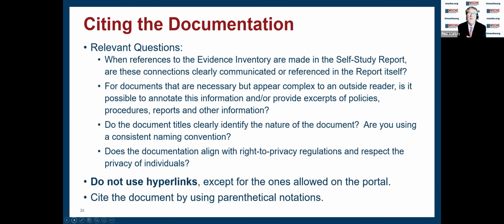And Javier talked about communicating in English. That's one of our requirements of affiliation. And so you must have the evidence. The self-study report and the supporting evidence has to be in English. You are allowed just 5 hyperlinks, and those are the things that are going to be, perhaps, an employee manual, your catalog, just think about those things that are going to be cited often, ubiquitously throughout your self-study. Okay? And then cite the document by using parenthetical notations.